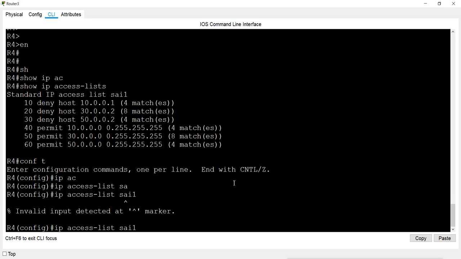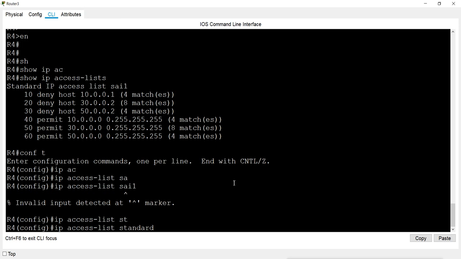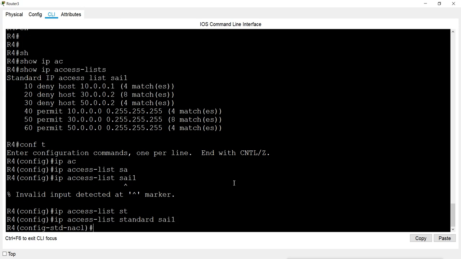first we have to mention the list type, and now we are under the ACL mode. Now here I can remove a single entry. So let's say I want to remove this entry.